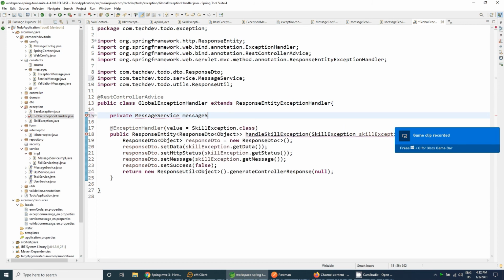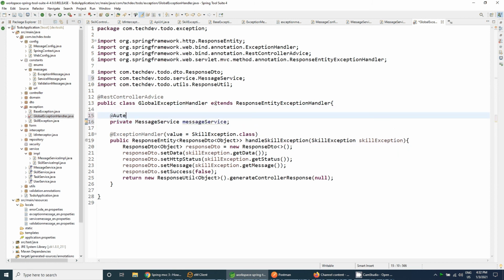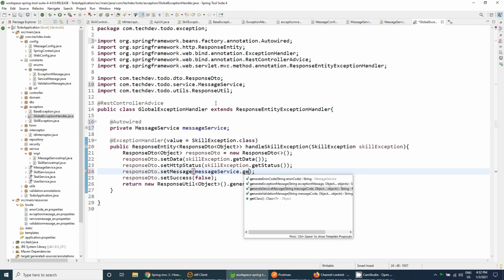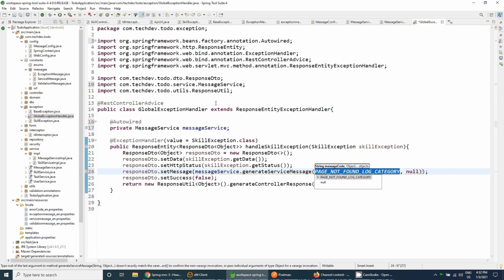Whichever message is coming, we need to pass that, meaning we need to convert that message. So messageService dot generateServiceMessage.